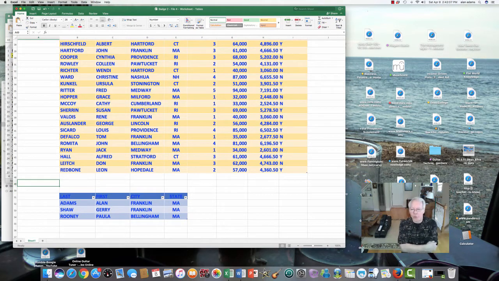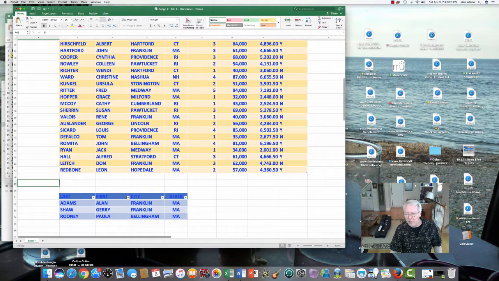When we come back, I'm going to break here, and then in my next miniature video, I'm going to show you how we can select that table. It is an object, and an object can be selected just like a number, just like text, just like a range of cells, and we can do other things with it. So we'll do that when we come back, and for the moment, I'm going to leave you and close this